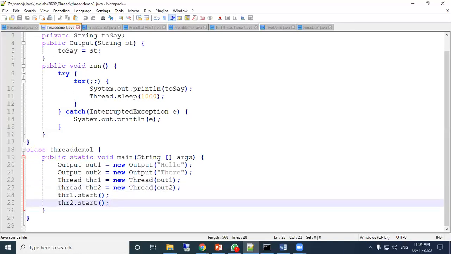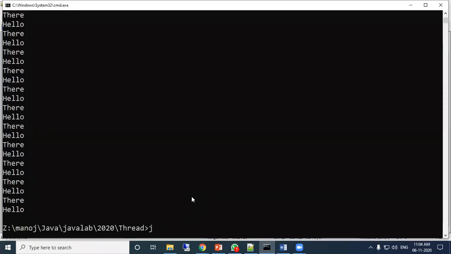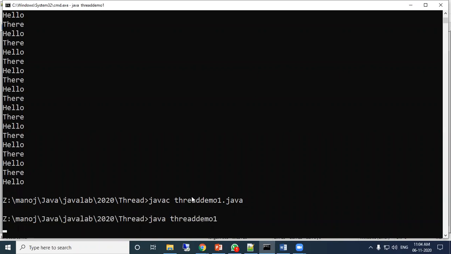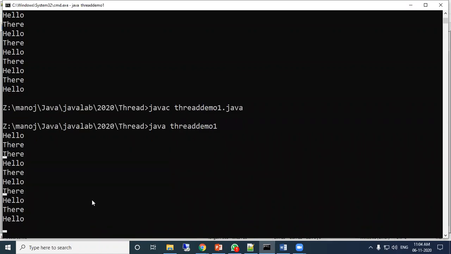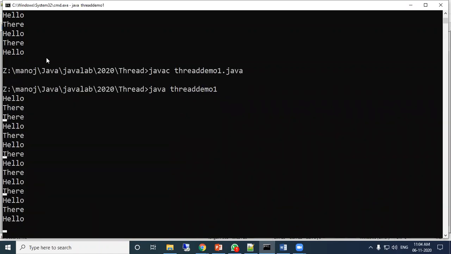Okay, now let us execute this program, ThreadDemo1.java. Okay, in the output also there is no difference, like the previous program.